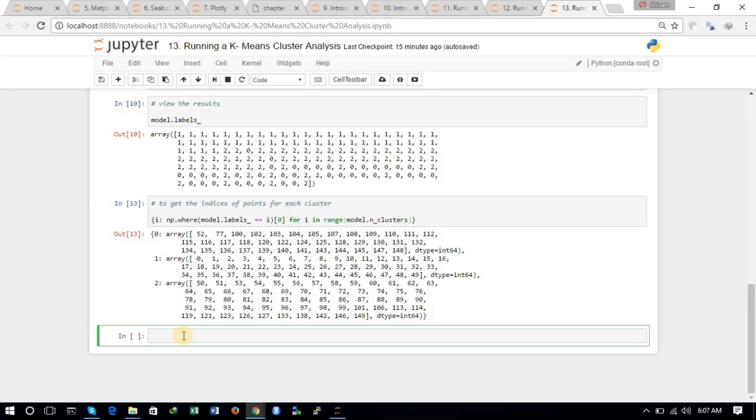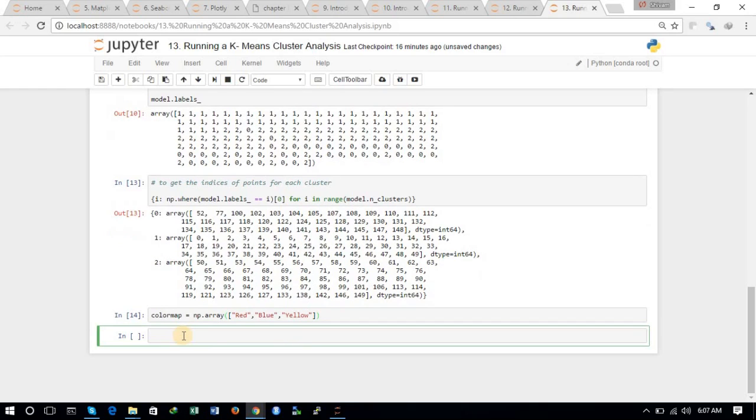So now we will just move ahead and we will just define a color map as np.array, and since the number of clusters are 3, so we will put 3 colors. We have put the red, blue and yellow as the color map. Now we will just plot a scatter plot,